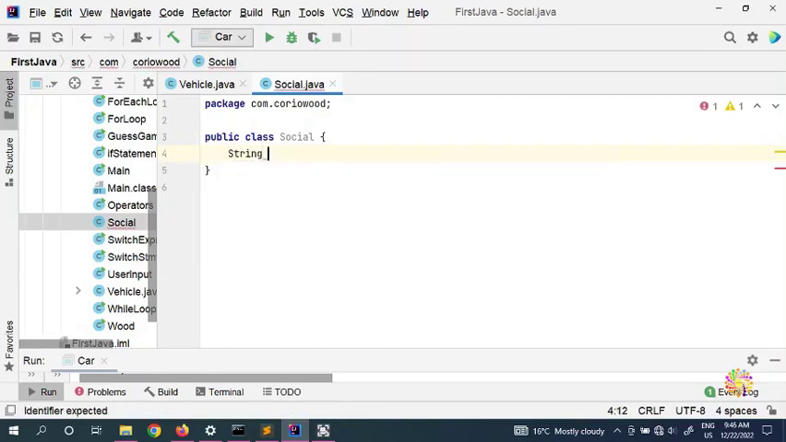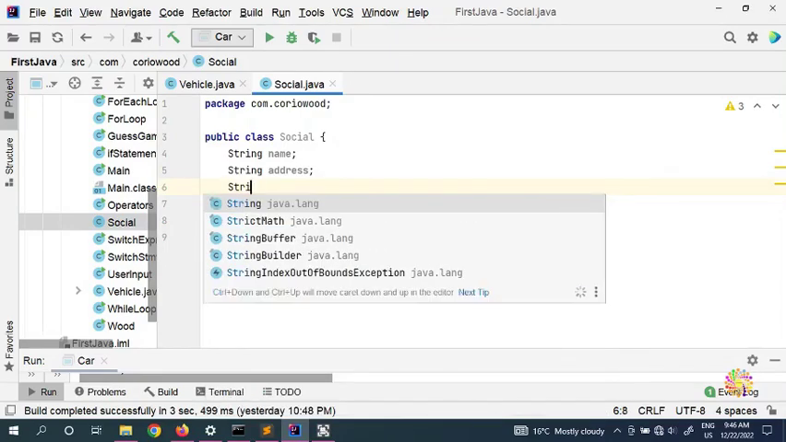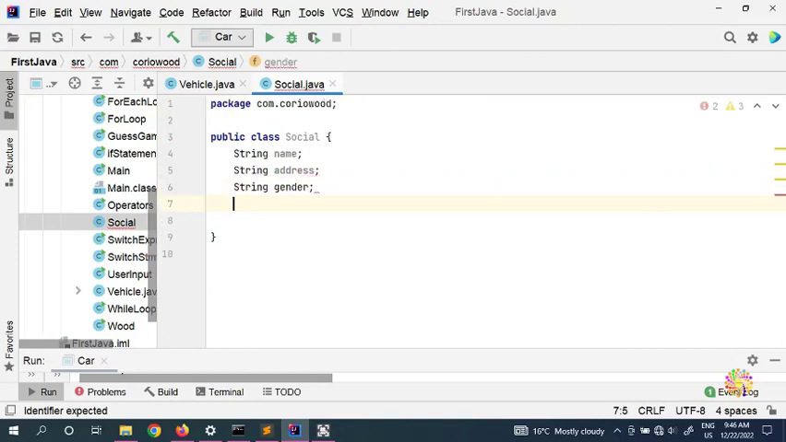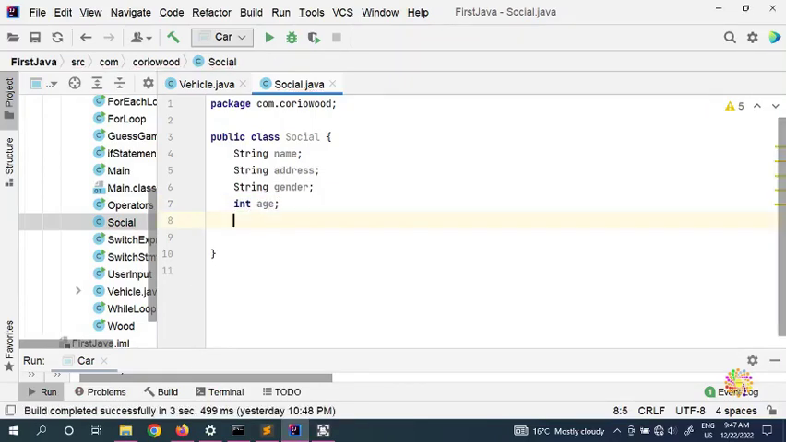The first thing we're gonna give Social is a user's name, because the first thing we need for a social website is a string name. What else do we need? Say for example we need a string address, because we are looking for the users' addresses, for example, and we have a string gender, for example. Then we're gonna put an int age, because we need to know the user's age, and the final one we're gonna put a static,